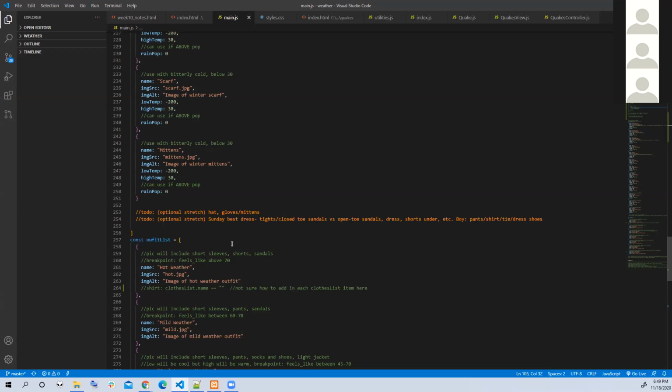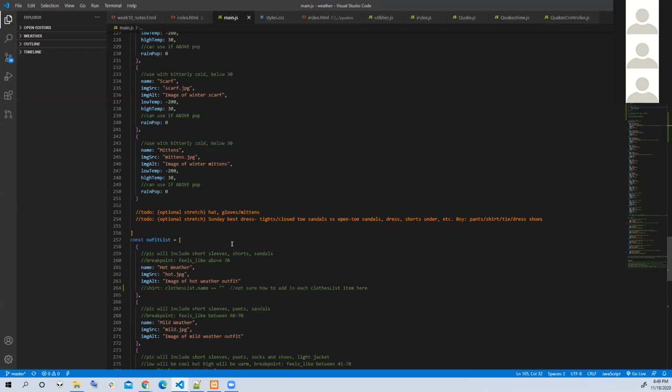A short sleeve shirt would not be appropriate in 23-degree below zero weather. But maybe a short sleeve shirt would be okay if you were wearing a big thick Eskimo jacket over the top of it. So, that can become difficult to deal with,